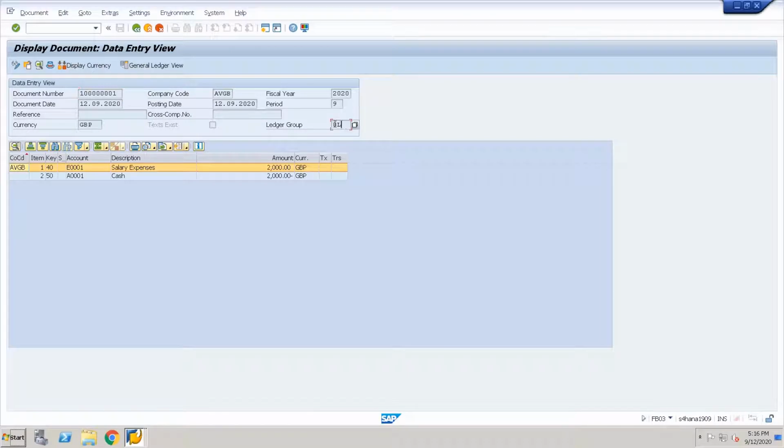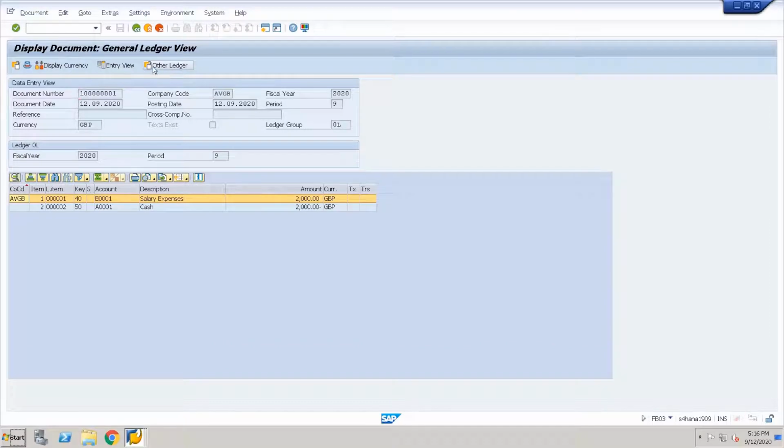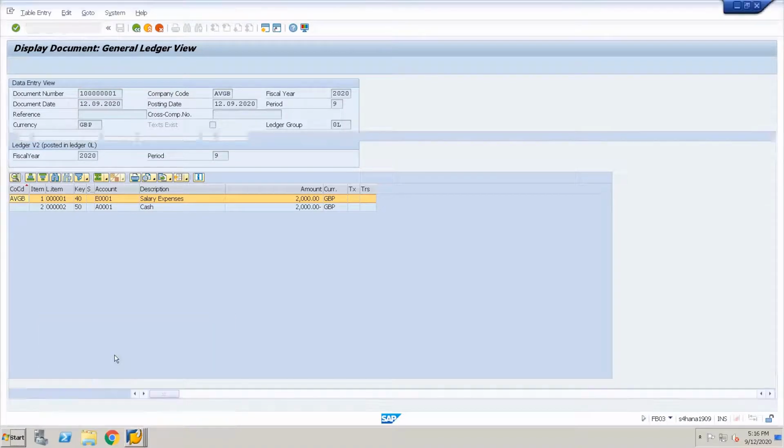Here, if you see, this is posted to a specific ledger group which is 0L. Now let me go to the ledger view and see what other ledgers this has been posted to. There is no pop-up for this one because this is posted only onto 0L. Now let us see how the data is occupied for this document.